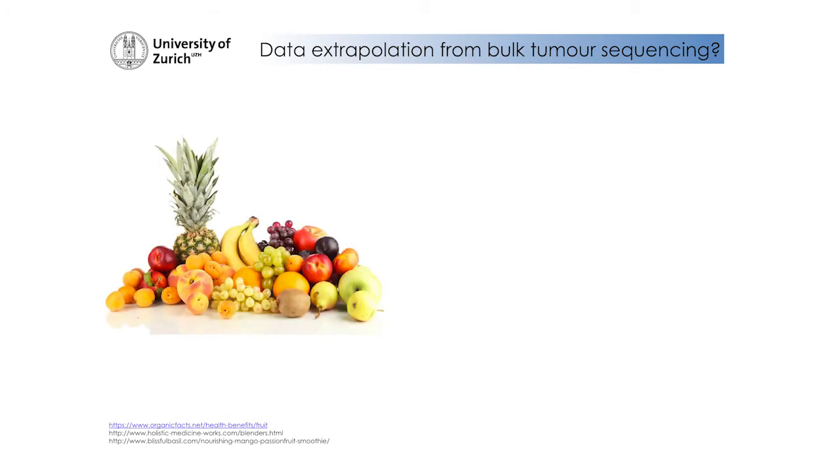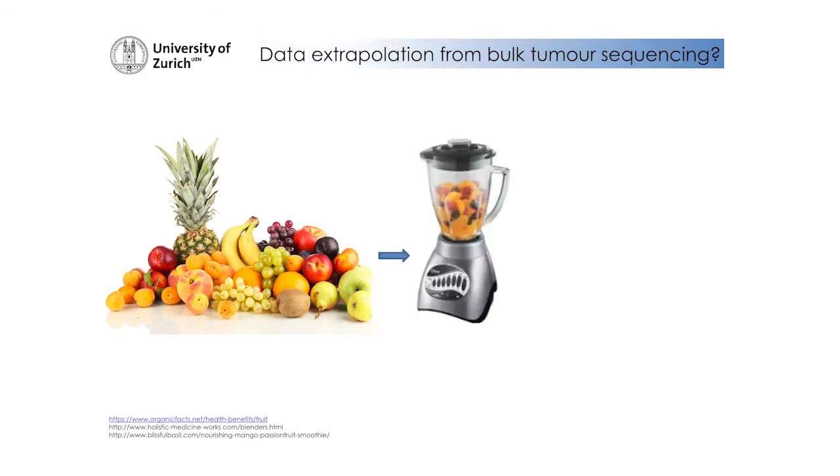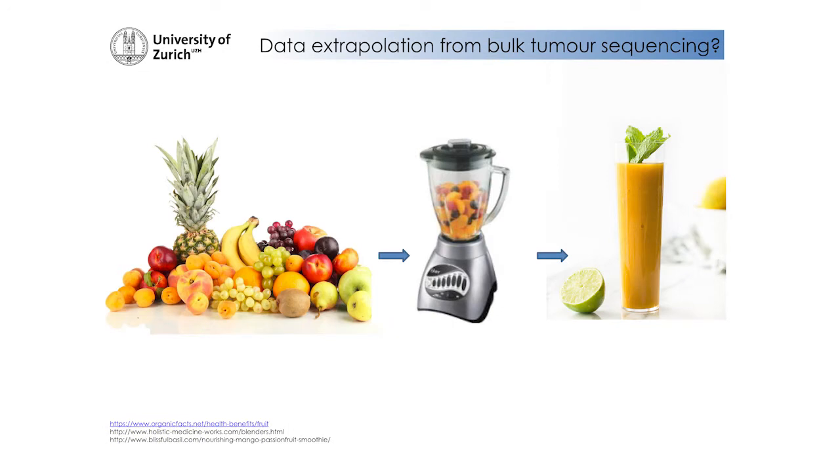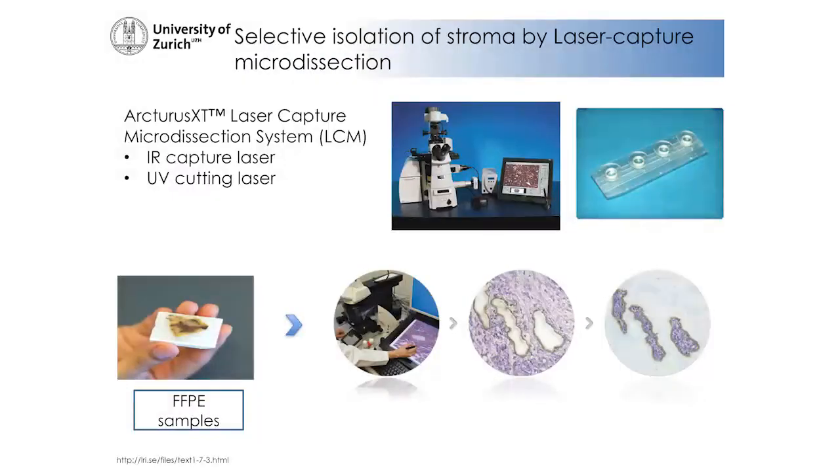It's a bit like taking a fruit bowl, putting all the fruit into a blender, and then getting a nice smoothie out of it. When you look only at the smoothie in the end, it will be difficult to say what the banana looked like that went into the blender, or exactly how many grapes were there to start with. And that is exactly the problem you're facing when you're trying to extrapolate data regarding tumor stroma from bulk tumor sequencing results. So to analyze cancer-associated stroma in clinical samples, you should ideally be able to isolate it